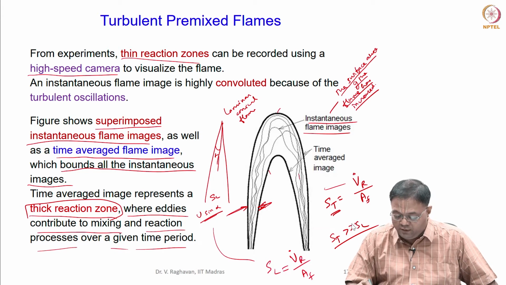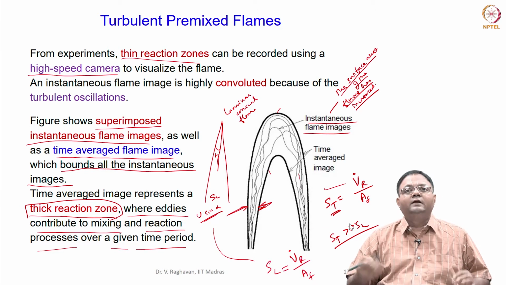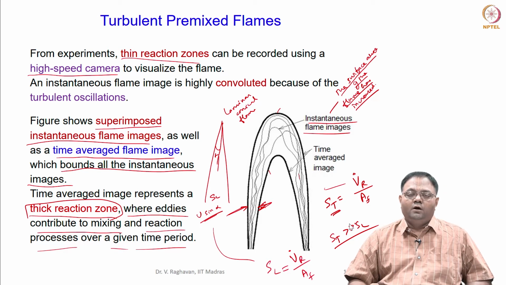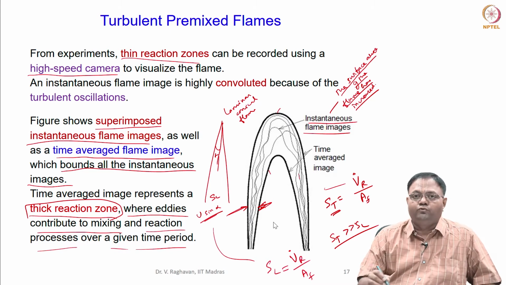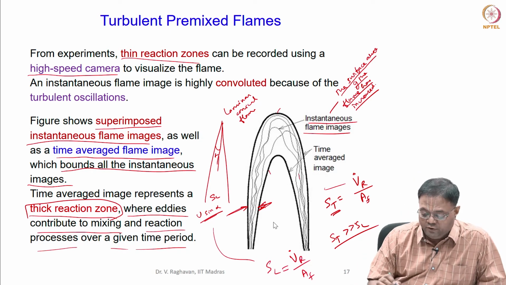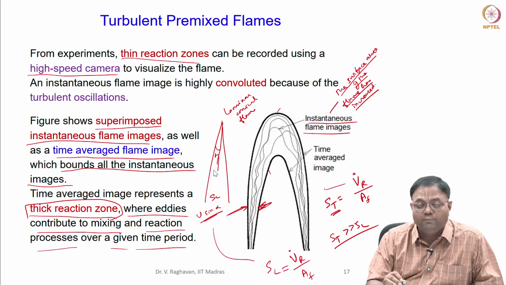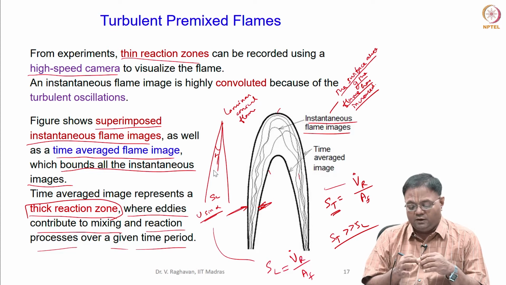So the effect of the turbulence is to increase the laminar burning speed. That means you can see that the flame can now consume more reactants. So that is the consequence of the turbulence here. Okay. So when you have a conical flame which is well behaved, you have a given surface area, and